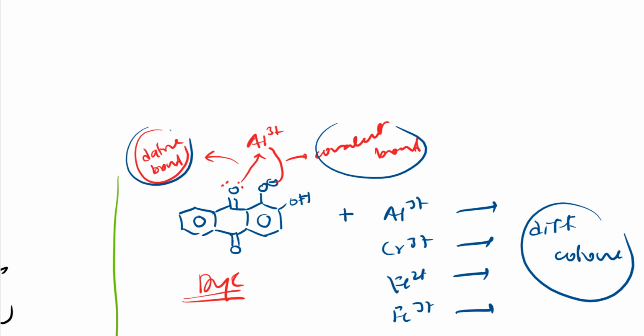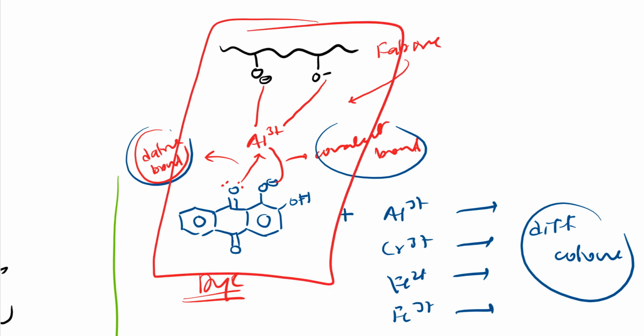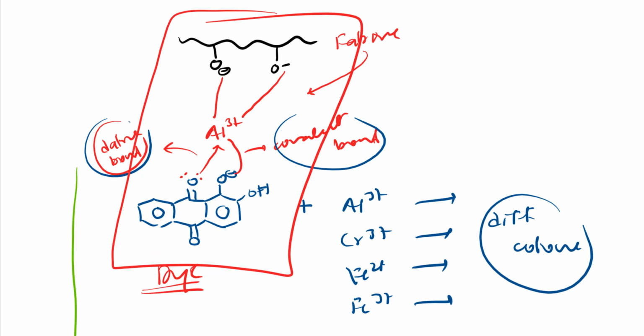Further what happens, see here, I have cotton here. Cotton will have OH, right? So let me write O negative here, O negative, and these will combine to this aluminum with this covalent bond, right? So I used to always tell, this fabric has more affinity to this mordant, because of this bond only, right? So we get this complex like this. Because of this structure, the fabric gets colored, and that will be very strong, and it is resistant to soap, water, anything, any action.